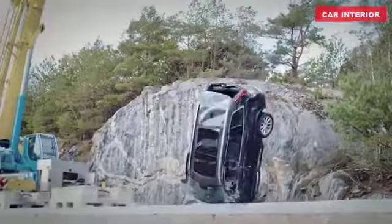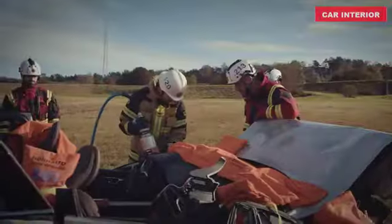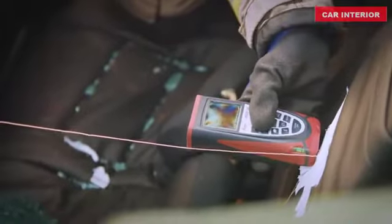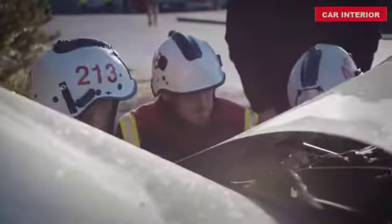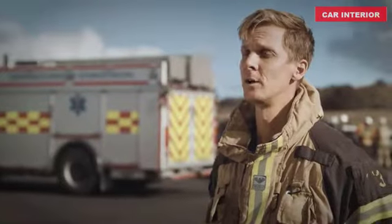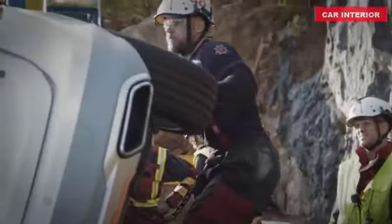Today we are testing our methods and really going about it in such a scientific way as we can. We try to measure everything, what pressure we use, how much force we have to use, how much time different methods take, all of those things. The goal is for us to be better at our job and to get access to people in crashed cars